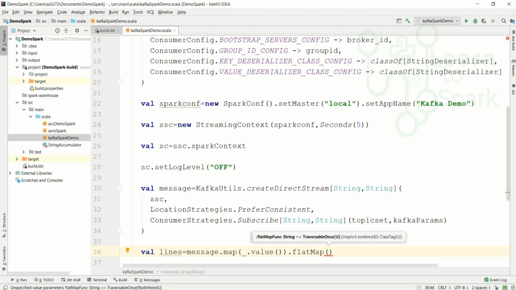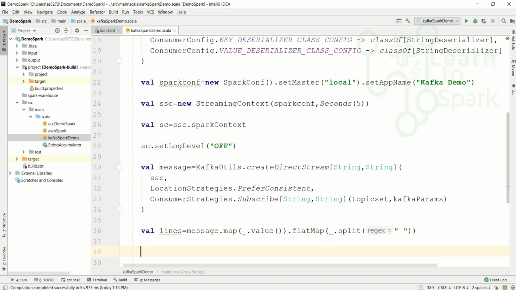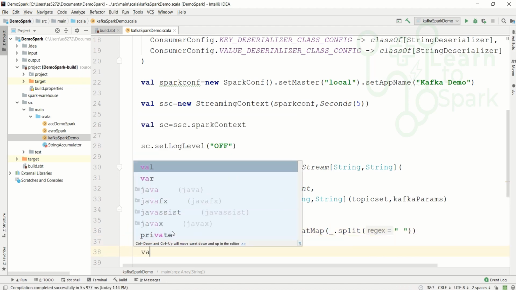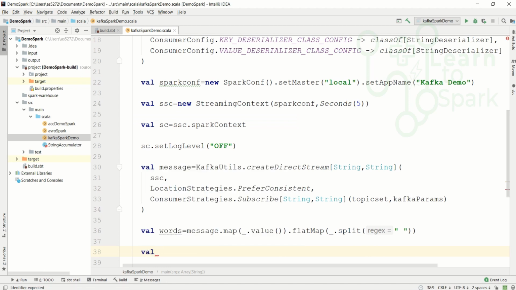I will apply a flatMap and will split with space. So in our lines we will have each word. Let me change it as words itself so that we will get a clear picture. Words, and our next step will be to get the count.